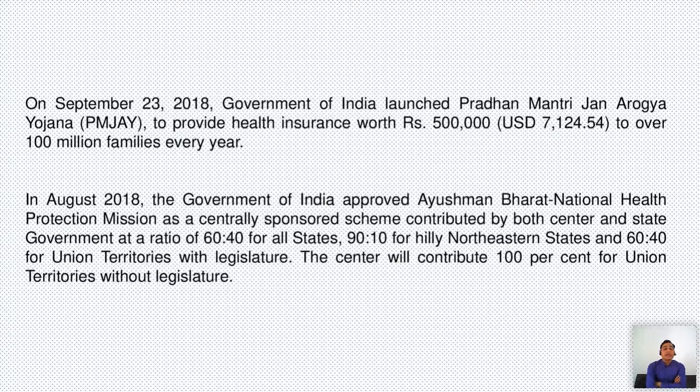And in August 2018, the Government of India approved the Ayushman Bharat National Health Protection Mission as a centrally sponsored scheme that has been contributed to by the central and the state governments, and they have done a bifurcation as well, that 60% would be given by the central government, the Government of India, and 40% by the states. So that ultimately reflects the thought processes of our government, and I feel proud to understand that these kinds of policies have been implemented in India, where we are able to survive, we are able to sustain for the people who are not able to afford the same. That will ultimately play a vital role as well.